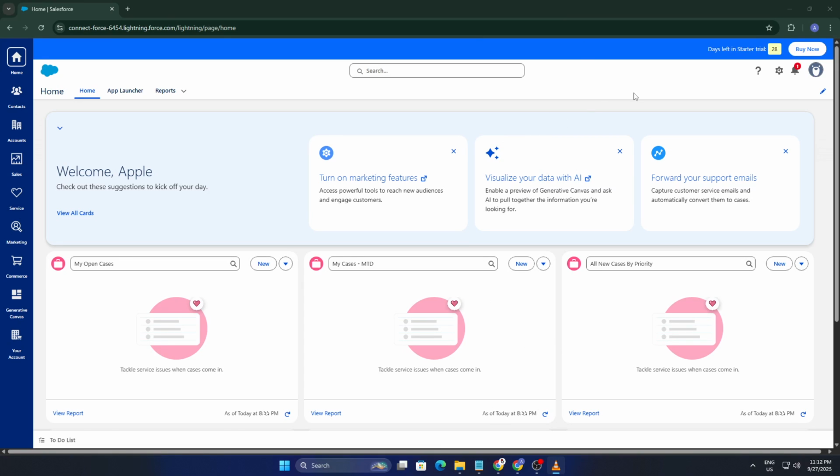Are you ready to turn your leads into real opportunities and supercharge your Salesforce workflow? Today, I'm going to show you exactly how to convert a lead in Salesforce, transforming it seamlessly into an account, contact, and opportunity. This is a must-know skill for any Salesforce user looking to streamline their sales process and manage